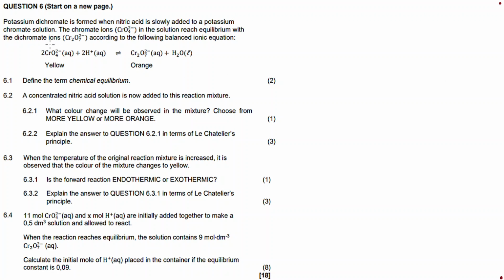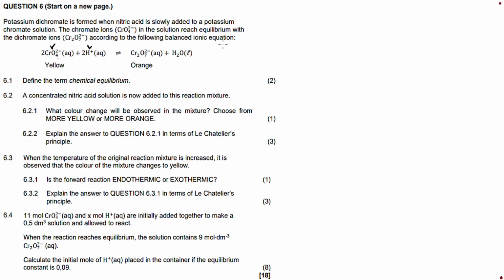Let's use black. So this is the chromate solution, and then we are adding in nitrate slowly. Okay, so the chromate ions, these ones in the solution, reach equilibrium with the dichromate ions according to the following